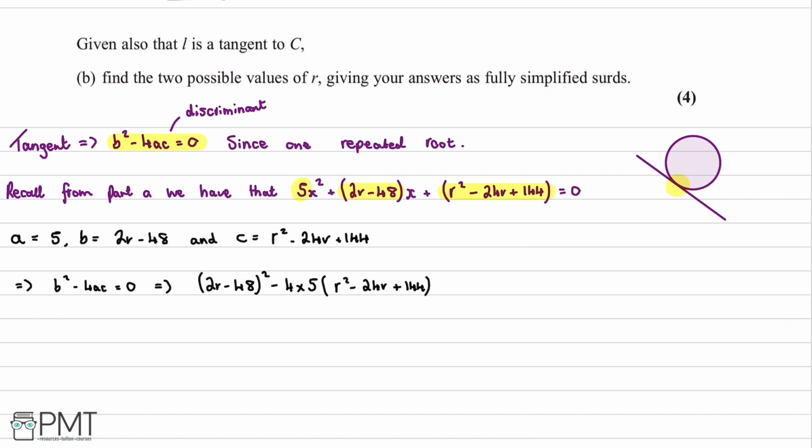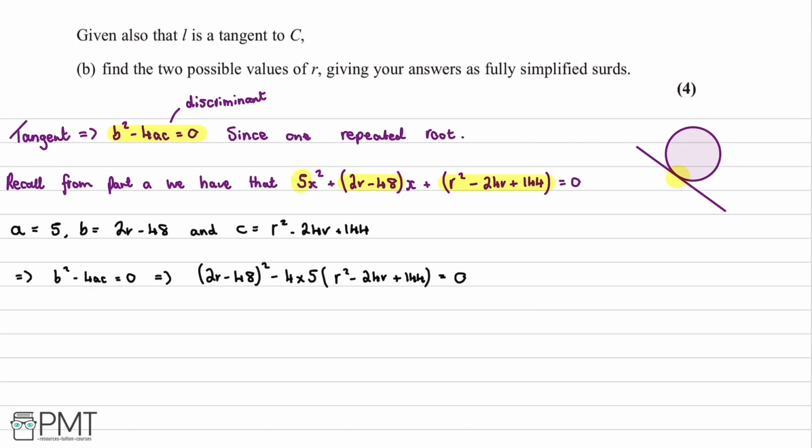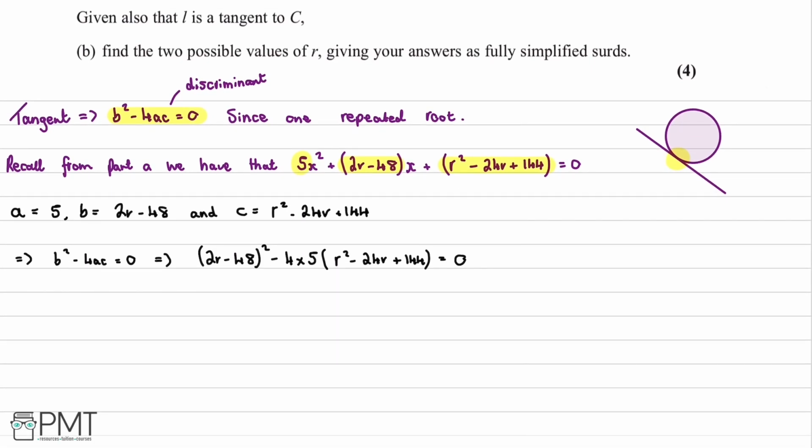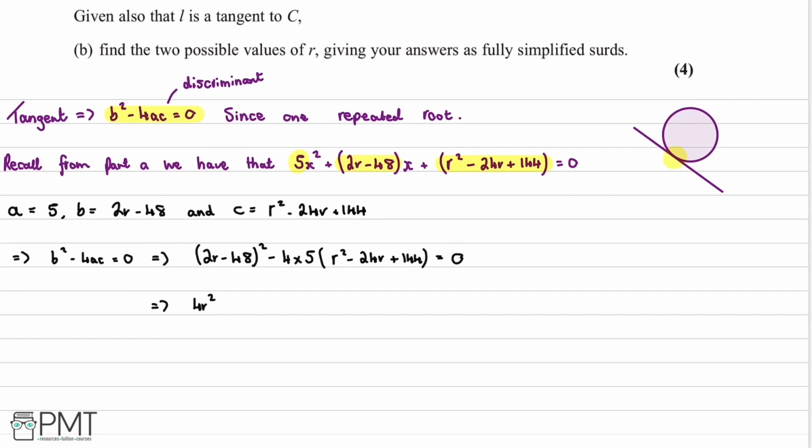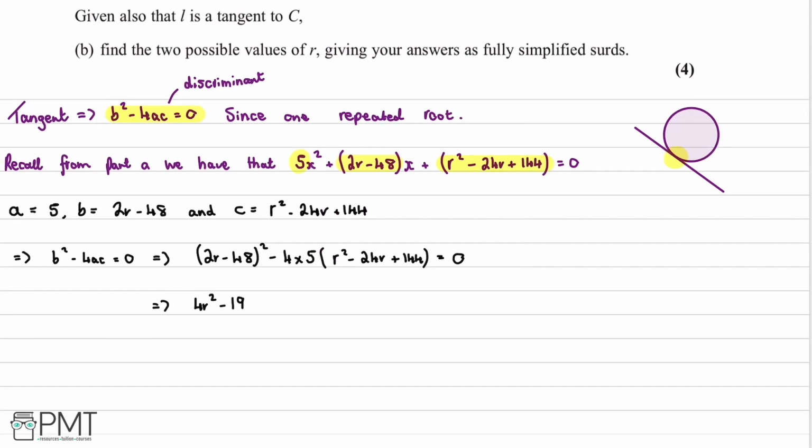And we know that this is all still going to be equal to 0, and we now effectively want to solve for r. So we do this first by doing a bit of simplification. We expand this first bracket, and what does this give us? This gives us 4r squared, and then we'll have negative 192r. This comes from 2r multiplied by 48, and then we have 2 lots of that, and then we're going to have 48 squared, which is